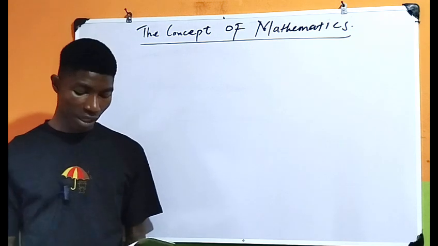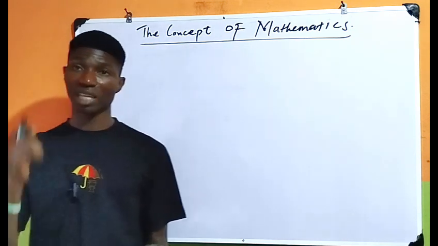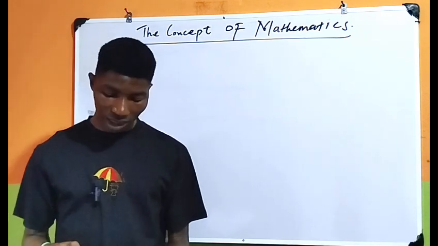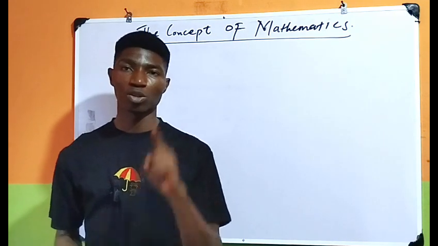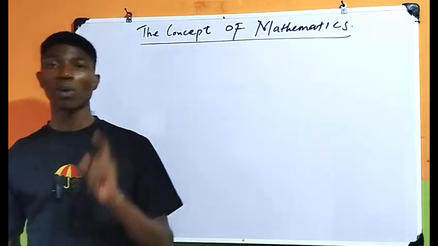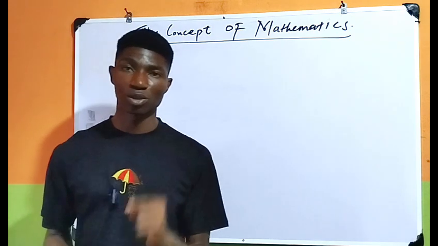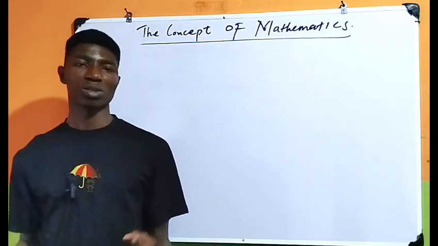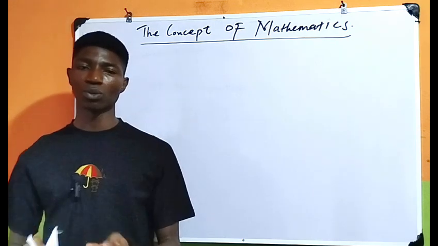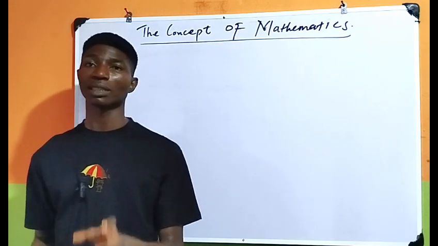Number three, peer influence. Still under environmental factors, peer influence. Negative attitudes from peers. Your peers shouldn't discourage you in learning mathematics. No one should make you feel that you're not up to studying mathematics. No one should make you feel that you are not adequate in this particular field called mathematics. You are more than able.